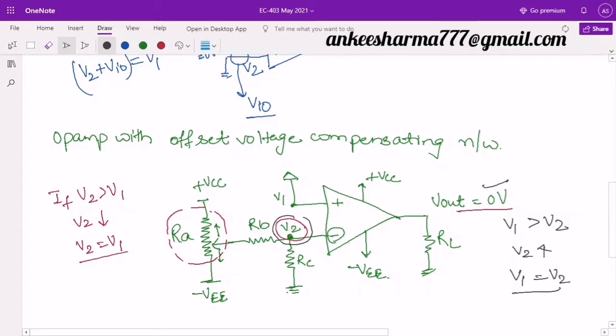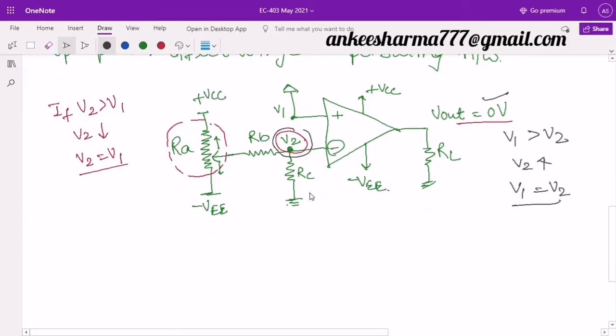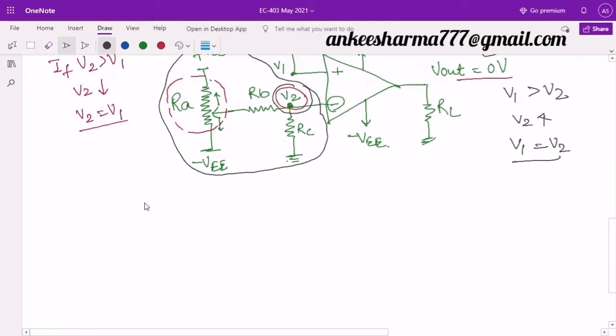This is a very simple compensating network that we use with the op-amps, which does not come with the pre-existing, you can say, null circuits. So how does this work? Let's see how it can be reduced. I will try to reduce this part with the help of the Thevenin equivalent circuit, or I will try to make here two voltages, calculate here two things, that is the Thevenin voltage and the Thevenin resistance.